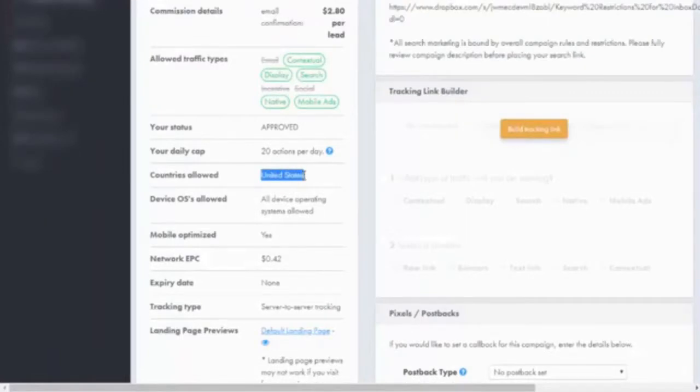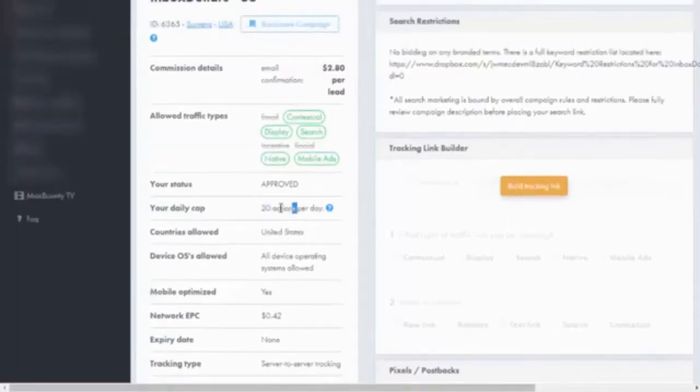You need to get a lot of members from the United States, and you can get up to 20 actions per day, and for every action you will get $2.80. Okay, this is very important.